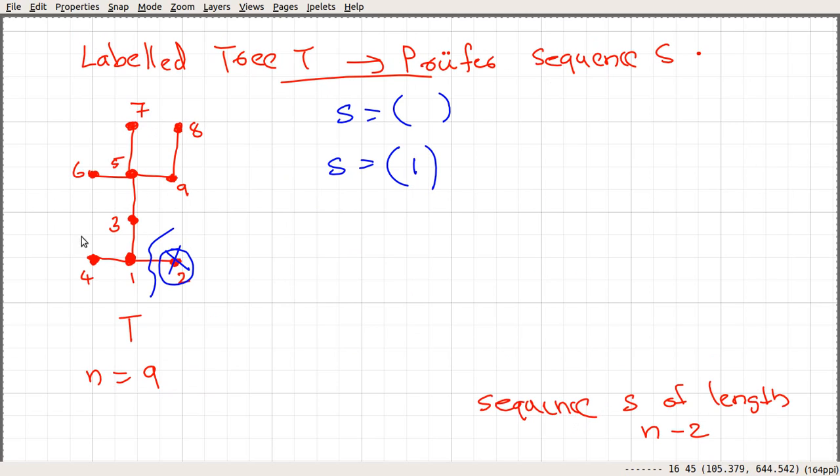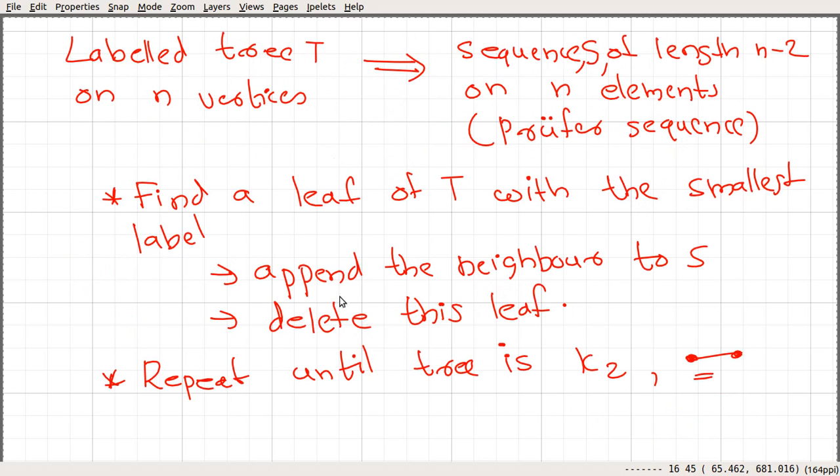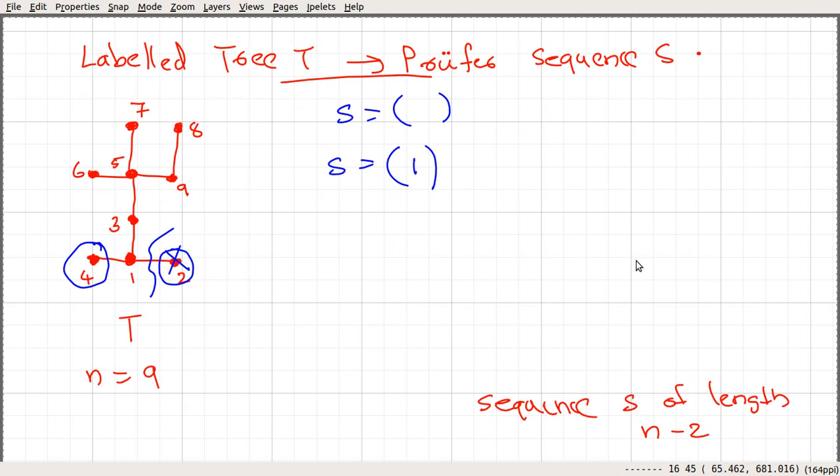Again we do the same thing with this new tree. We look at the leaf nodes. Here the leaf nodes are 4, 6, 7 and 8, so the smallest labeled leaf node is this 4. Next we look at the neighbor, and we append the neighbor to S. The neighbor is 1, so we append this 1 to the sequence S,